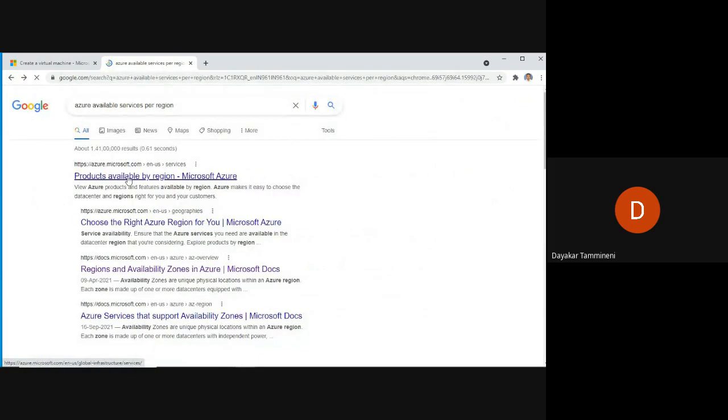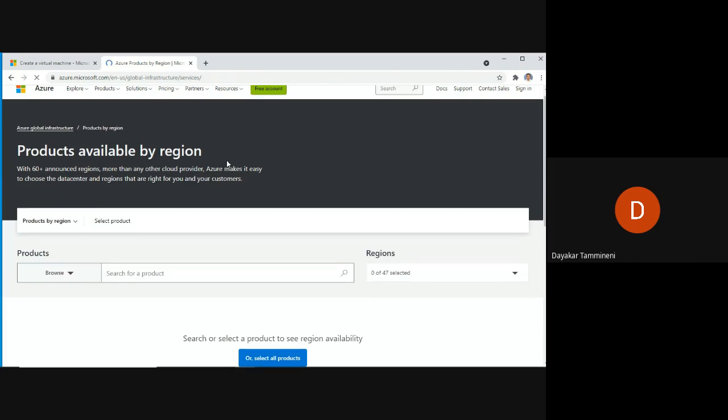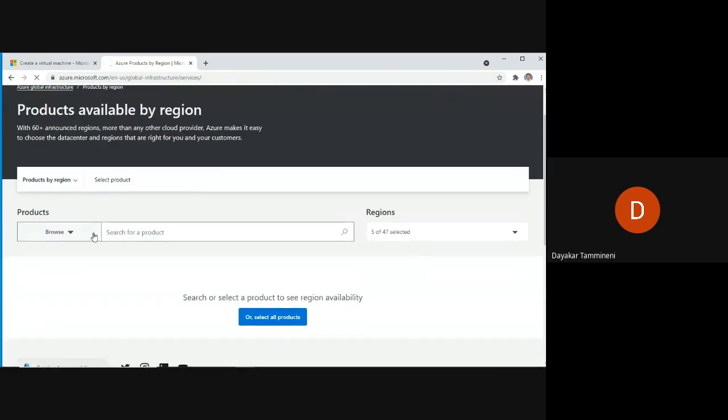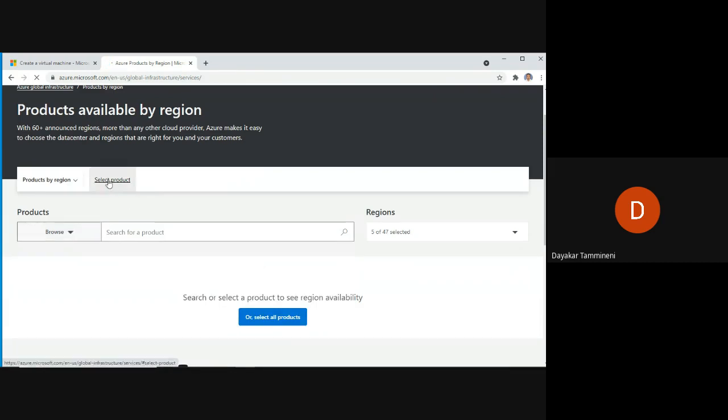So, products available by region. Okay, so this is the page, products available by region. You can either select the products or you can select the products by region. Products by region overview.